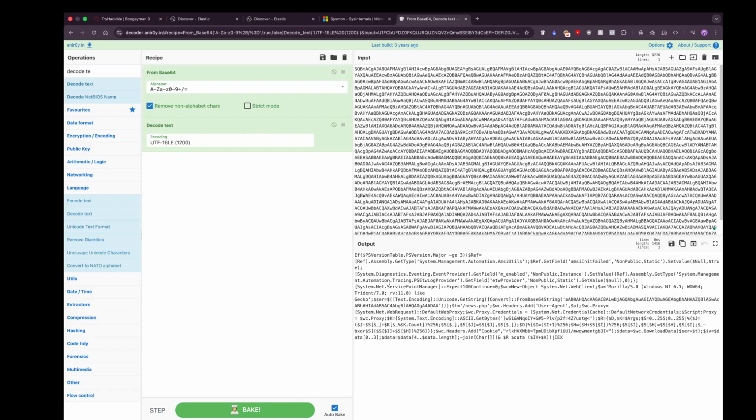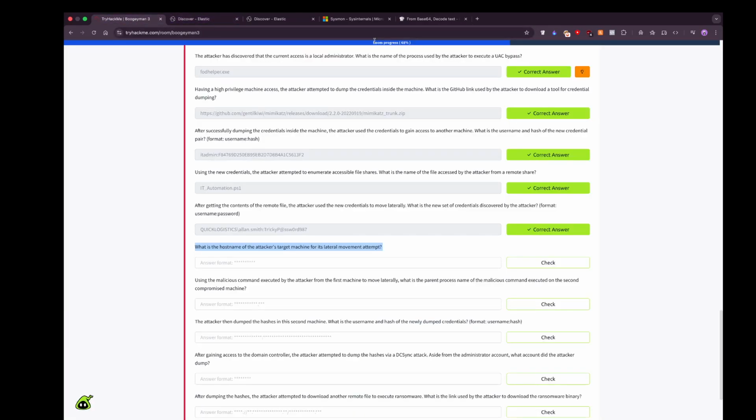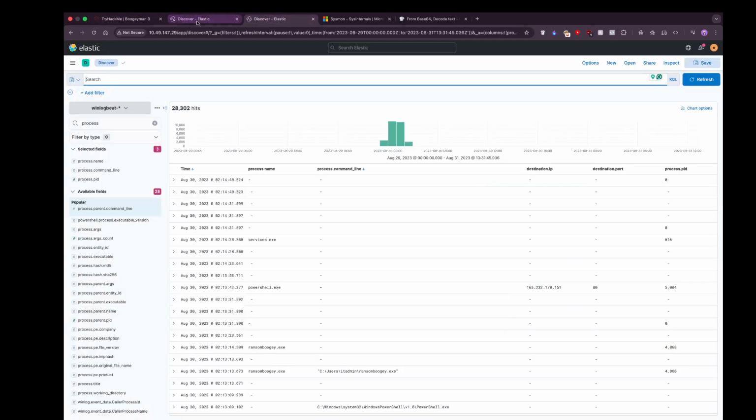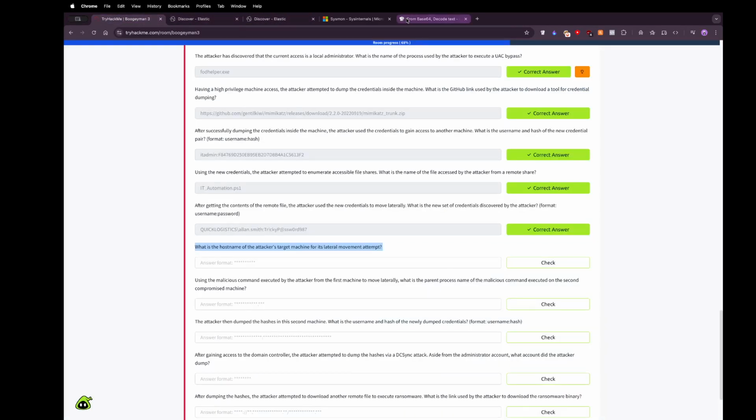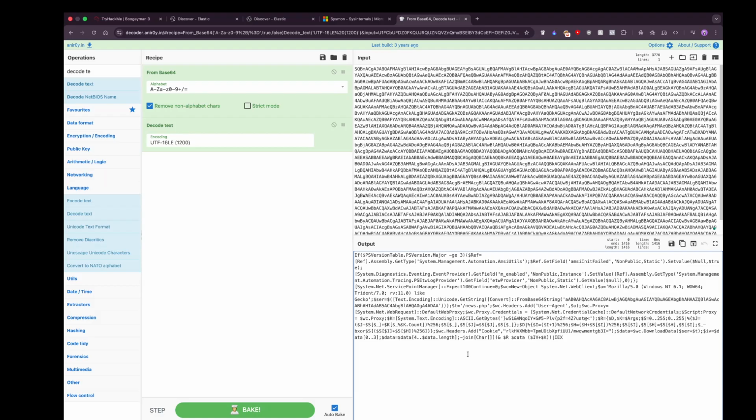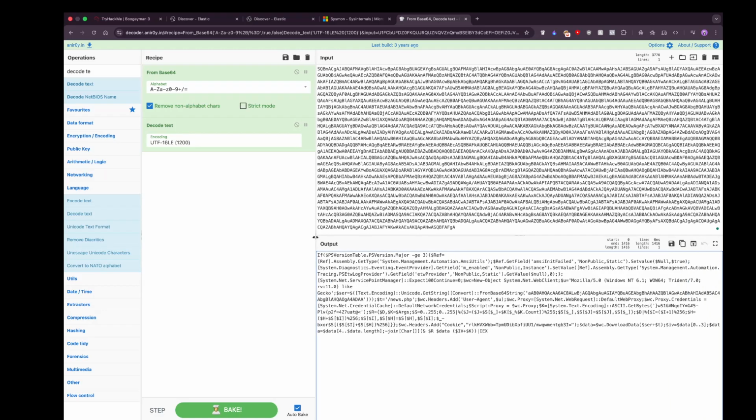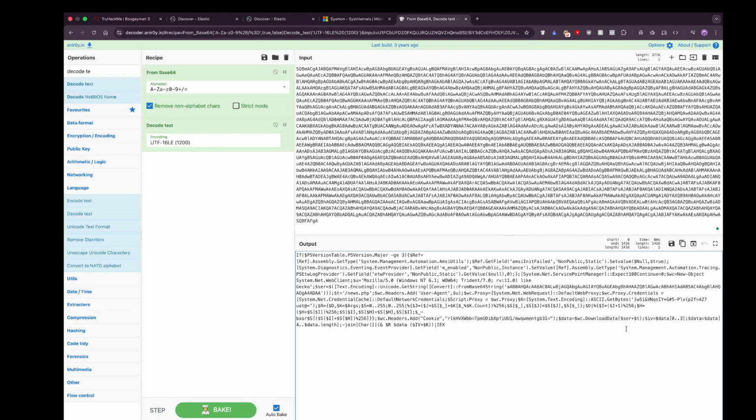Set value, remote management, automation. Let's copy this. I don't have any notepad open. Okay, so what this does,